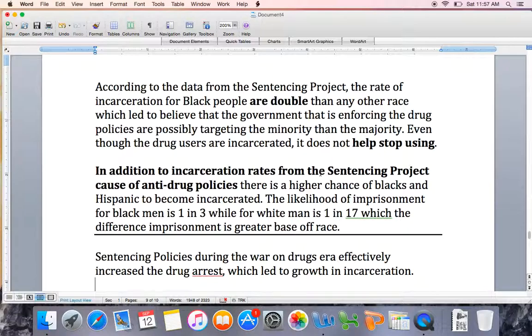According to the data from the Sentencing Project, the rate of incarceration for Black people are double than any other race, which led to believe that the government that is enforcing the drug policies are possibly targeting the minority than the majority. Phrasing here. The rate of incarceration for Black people are double. The way that it's phrased here is just unclear. The way that I would revise this, though, is the rate of incarceration for Black people is